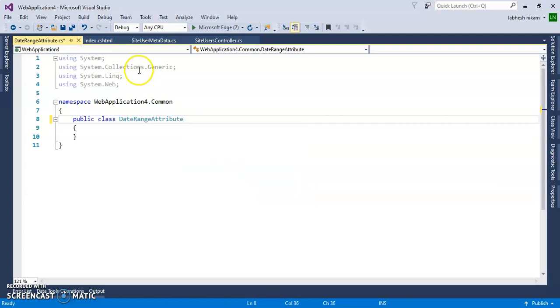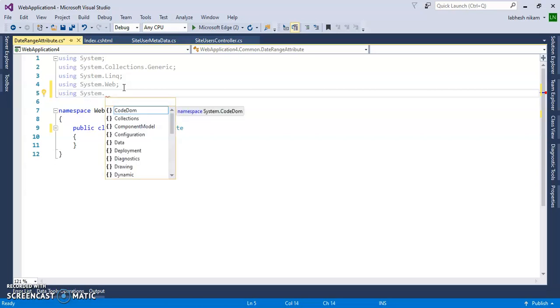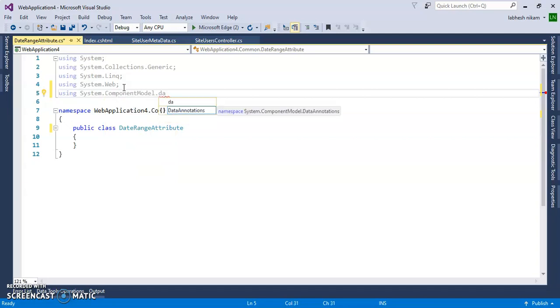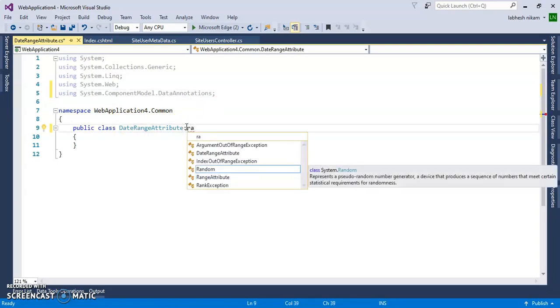Before that we have to add using System.ComponentModel.DataAnnotations. Okay, and it will be inherited from RangeAttribute.